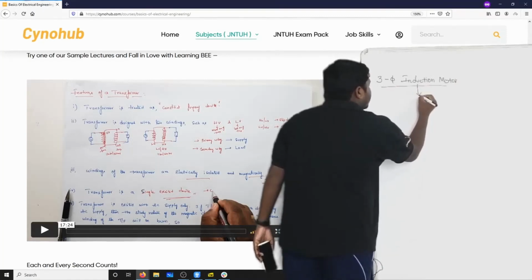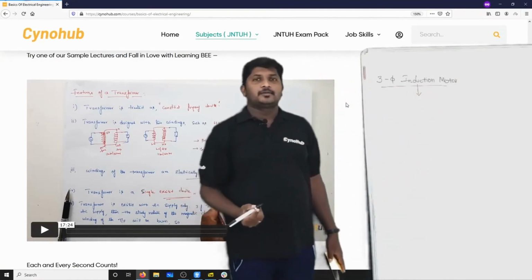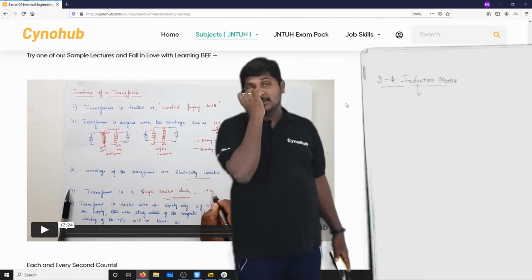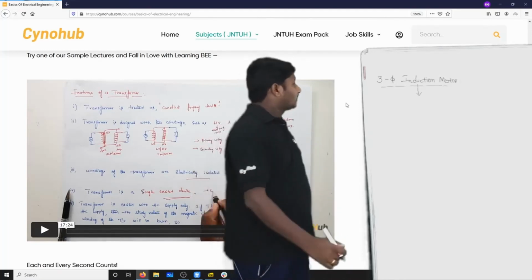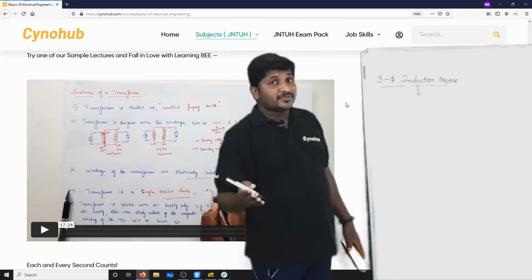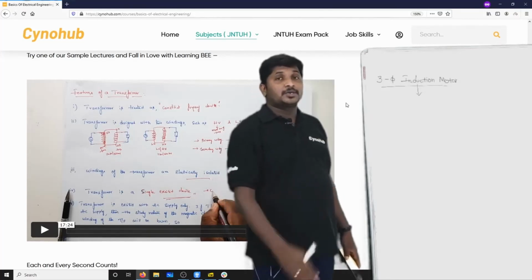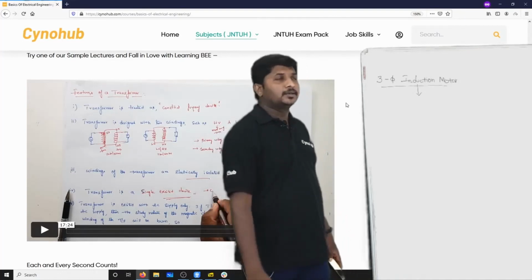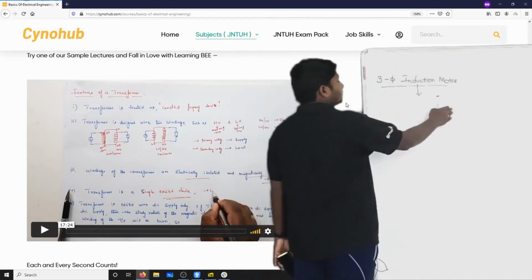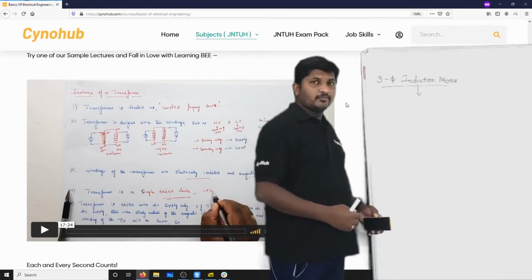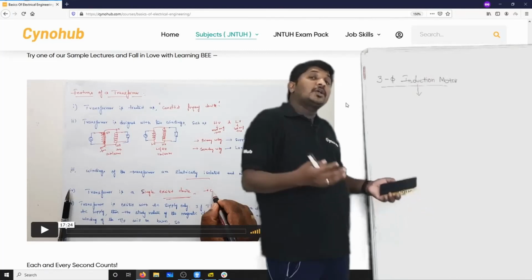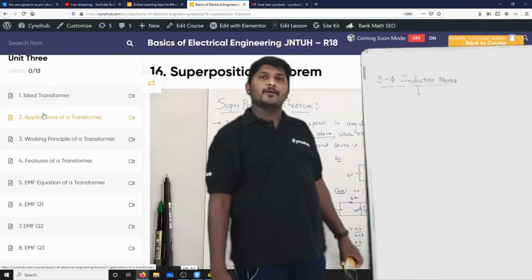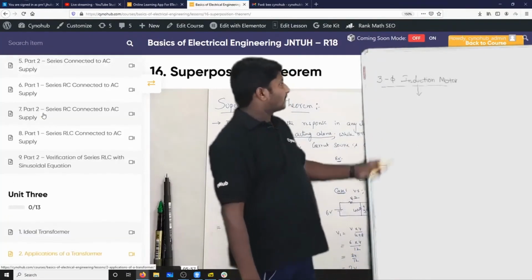First, you have to know what is induction. Electromagnetic induction is like a transformer operation. What is a transformer? Power is transferred from one circuit to another circuit without any electrical connection, but through magnetic. Here also, in operation, power will transfer from one circuit to another circuit without any electrical connection but through magnetic connection. So, I will explain the operation of a three-phase induction motor.